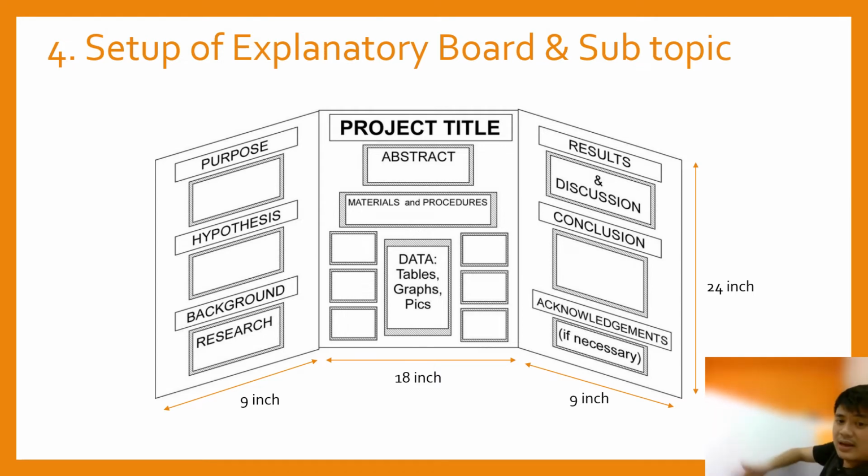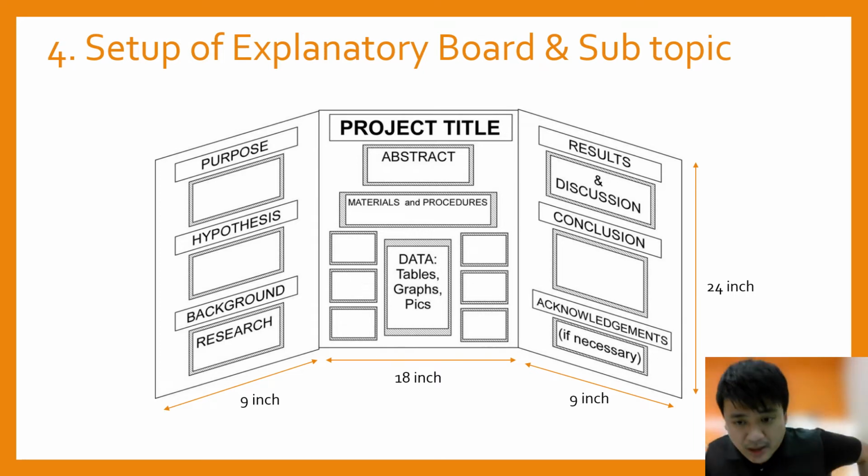So you can draw the line and start cutting to fold the panel. Okay, you can buy this at any stationery shop. Sorry, I blurred my screen. This is 2 by 3 feet. It's easily available at any stationery shop. And this board comes in plenty of colors. They have white, black, blue, yellow, red, and green. You just choose the color to your liking. Okay, so once you have the board ready,